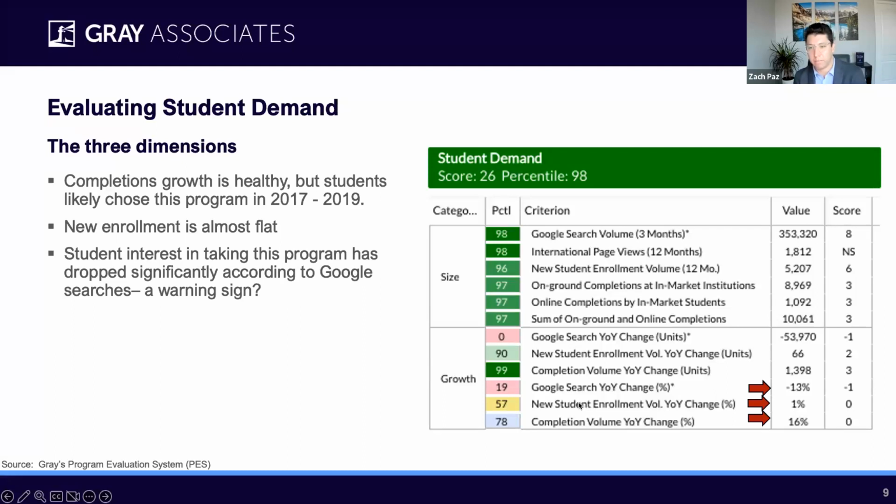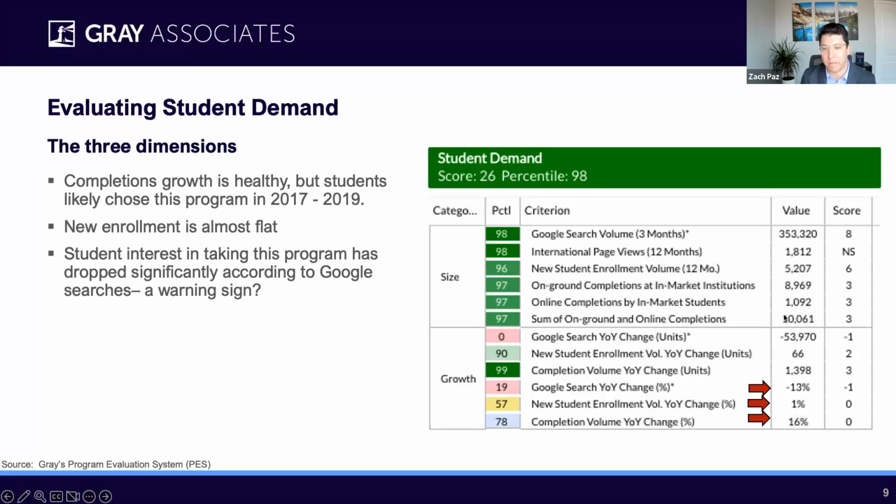So now more recent information is saying, that did grow from a completions perspective, but is that slowing down because now enrollment actually only grew 1%? And then if we look really forward-looking into the Google search data, Google search trends for this program is down 13%. Is that a warning sign potentially that the demand for this program is slowing down? Now, just looking at those three metrics, would we say that this is a cause for concern? Most likely not, because there's a ton of volume,